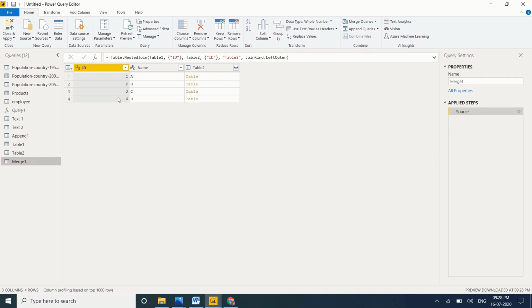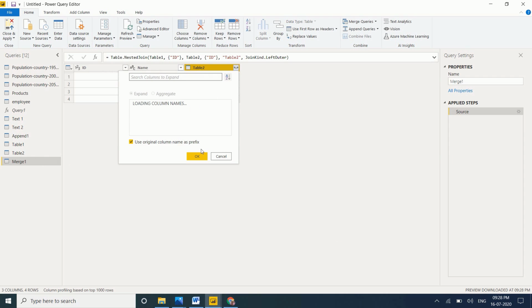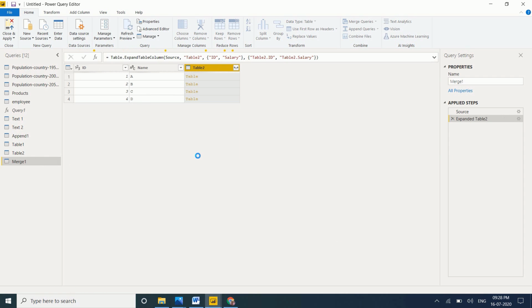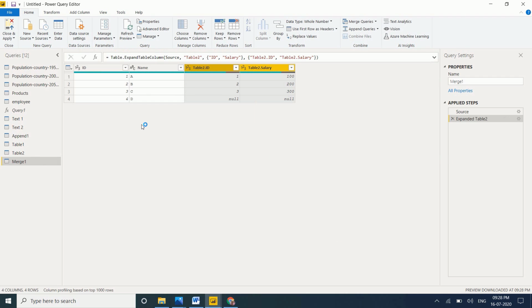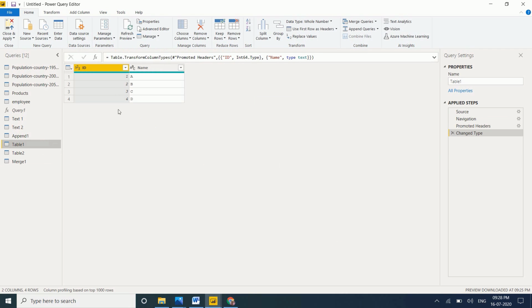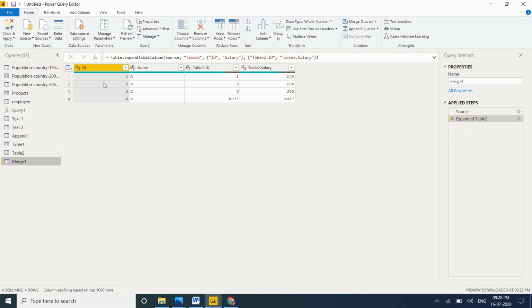See here, merge 1. Let's expand this first of all. What I told, left table is nothing but table 1 I taken first, right? That means id 1 2 3 4, name ABCD, and try to match from the right side, right? Okay, you can see left table same and second table, this is table 2. So matching is 1 2 3, up to 1 2 3 it is matching. Fourth one is not matching, that's the reason why it returned null here.